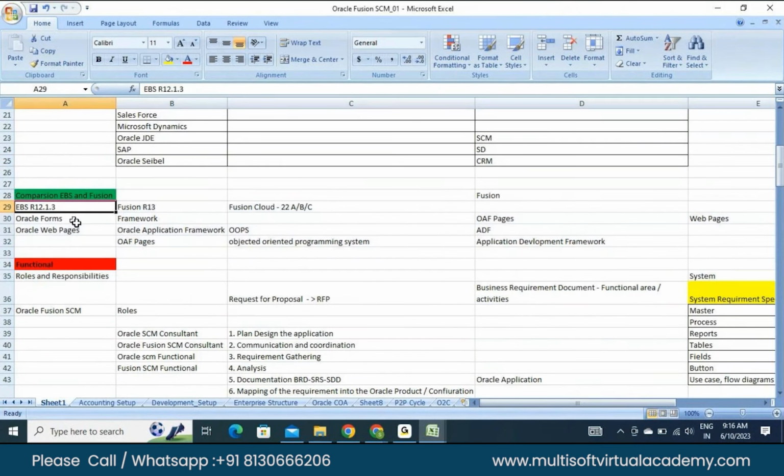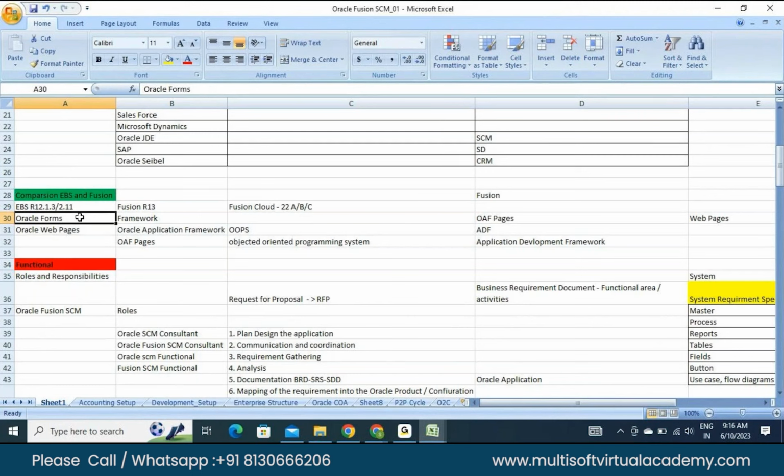So let's say in Oracle EBS, if we are talking about Oracle 12.1.3, the very old version of Oracle, and with that Oracle 12.2.11 also, which is the latest update which has come in the R12 series. So in Oracle R12, in short, there is Oracle Forms. So the user interface is of Oracle Forms and the web pages, where the majority of the things are on the